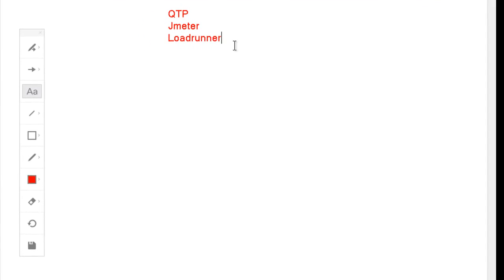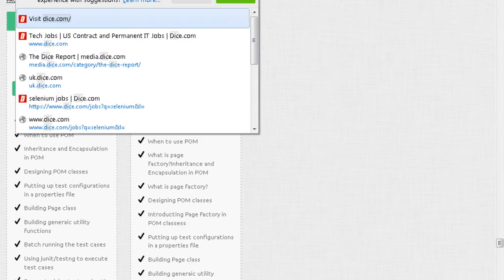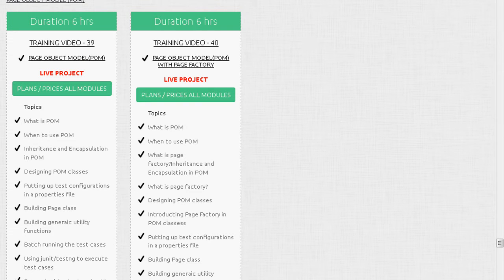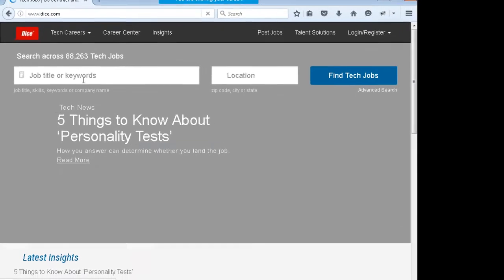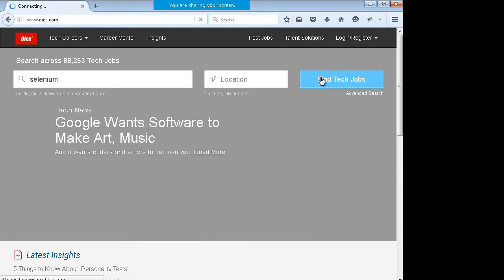Secondly, if you talk about the job opportunities in the market, in any market, if you go to a website, say dice.com, this is a very famous job website in the US. In India, you can go to, say, naukri.com or any website. On this website you just search for jobs on Selenium, and if you find the number of jobs, you will see that you have found nearly, hold on,